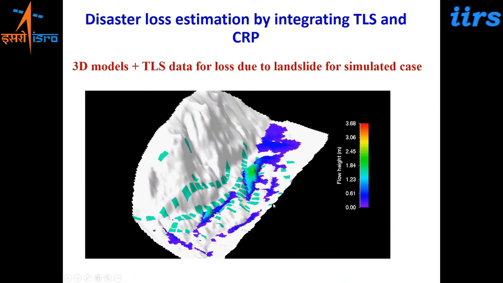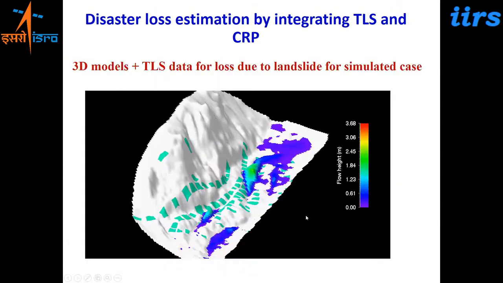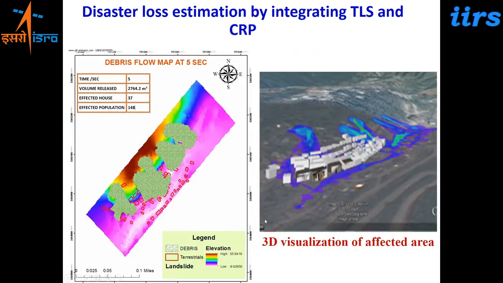That means by using this high resolution DEM, I can estimate, if there is a debris flow, at what flow velocity it will move, or which areas will be damaged. So the loss due to the landslide can be simulated, you know what extent will be affected, and accordingly action can be taken. If debris flow happens, at what speed, at what time, volume, velocity, everything one can simulate and see which areas will be impacted.